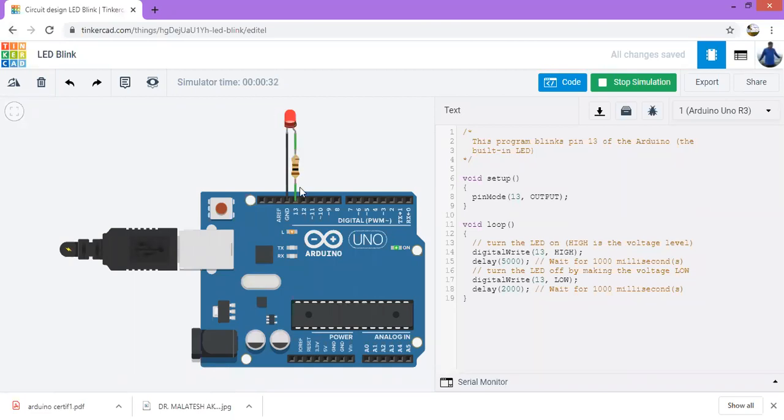Now you can observe here at the same time, there is one built-in LED. The SMD LED is there, you can see. So that is also blinking. As I said, this LED is internally connected to the same pin number 13. So this is the external LED we are using. Or we can change the pin also, as I said. I will try to change the pin now.